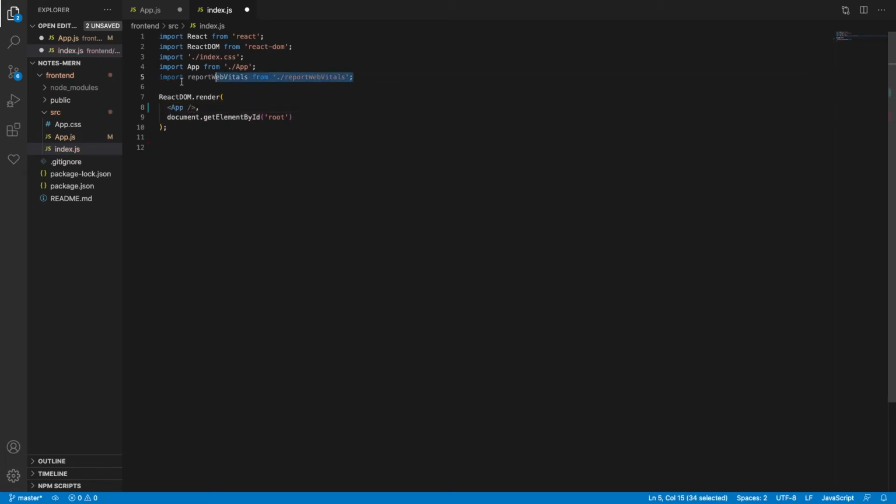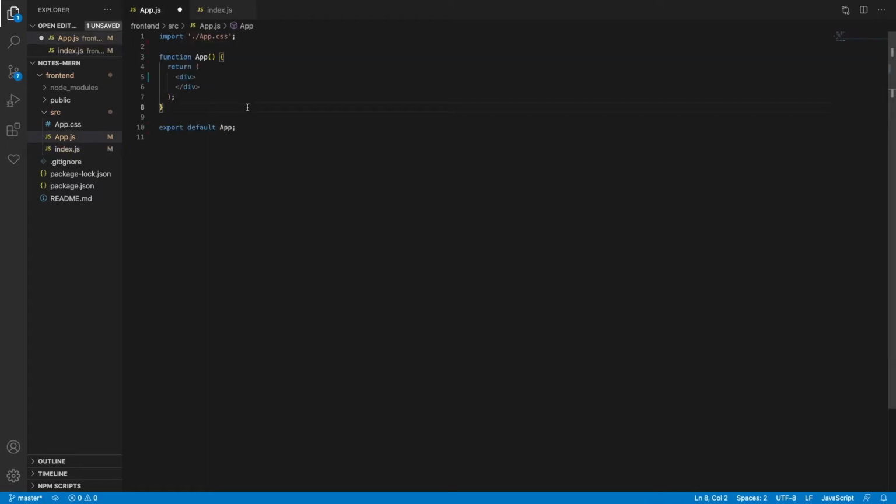Okay, and we don't have this. And index.css, it doesn't exist anymore. And there we go. That should be good. So the first thing we're going to do is install all the dependencies in the front-end